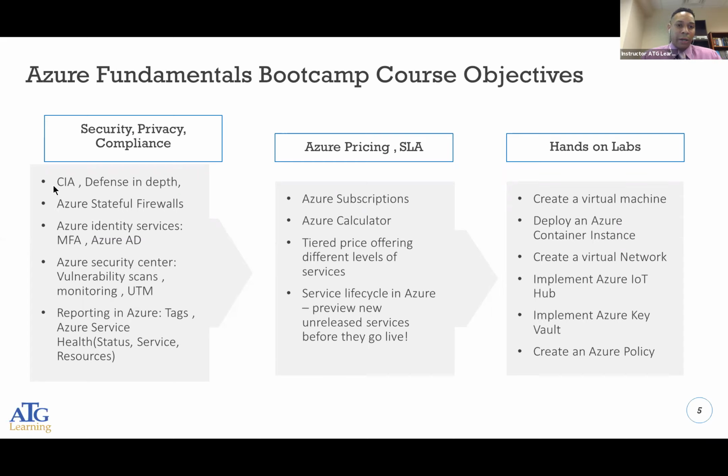So we're going to talk here about CIA and defense in depth, briefly for time's sake. Confidentiality, integrity, availability. This has to do with what we call the CIA triad. It's a security concept, basically meaning that if my organization has confidentiality, meaning the data is encrypted, integrity, meaning the data remains unchanged and unmodified, and availability, meaning I can log into my machine when I need to use it, then I have a secure environment. But if any one of these is compromised, then I don't have a secure environment.